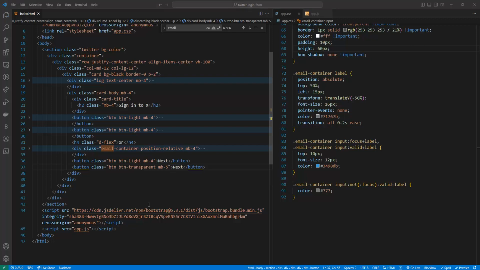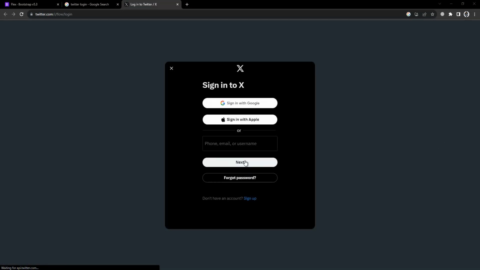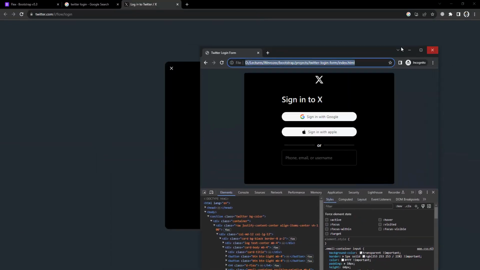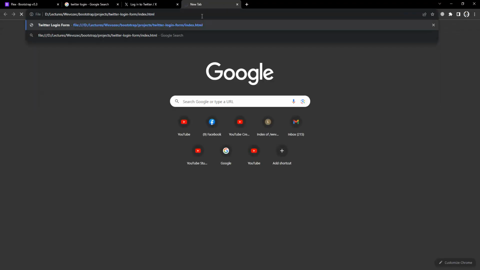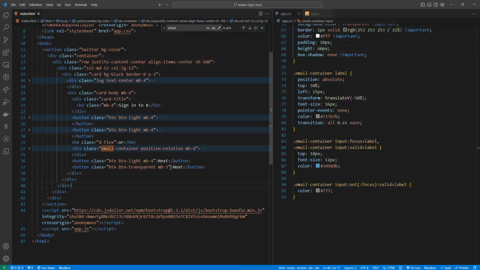Let's go back onto our code. Let me refresh. Oh, this is the original one. Let me go back here. Let me copy this and paste that here. Can you see we have this, but there is no border around here. Like this forget password, we can't see any kind of border here. So let's come back here, and first of all this text needs to be forget password,